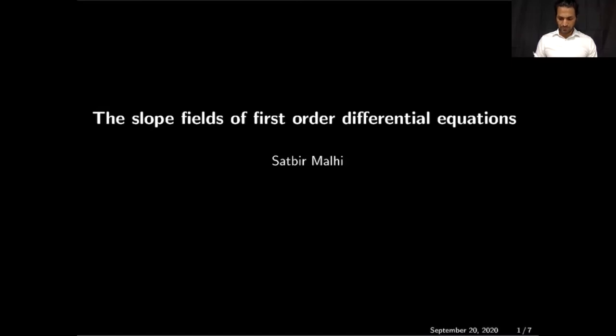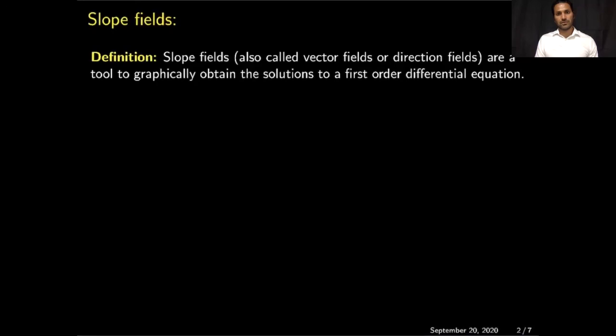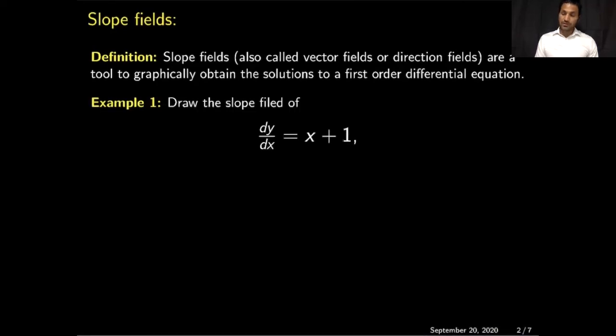The topic of our discussion in this video is the slope field of first order differential equation. What is slope field? Slope field is also known as vector field or direction field. It is a tool to graphically obtain the solution of first order differential equation. Here I'm going to consider this example to explain this concept more. So my example is dy by dx is equal to x plus 1, and I will plot the slope field